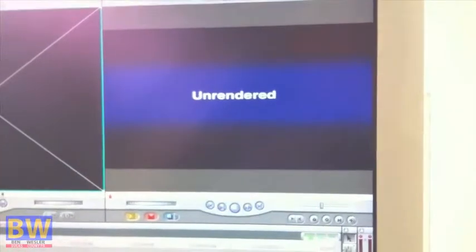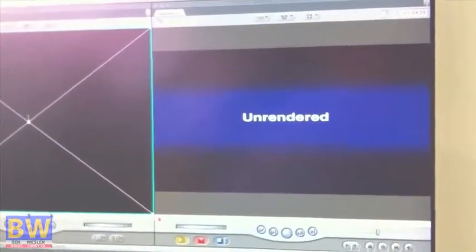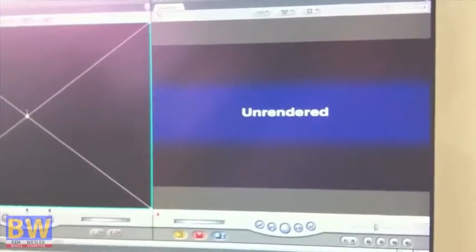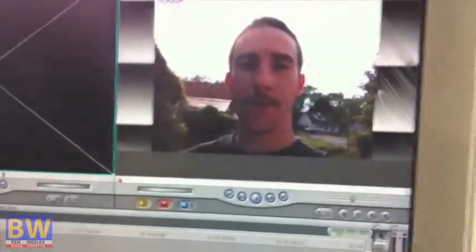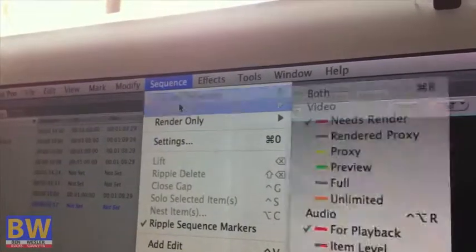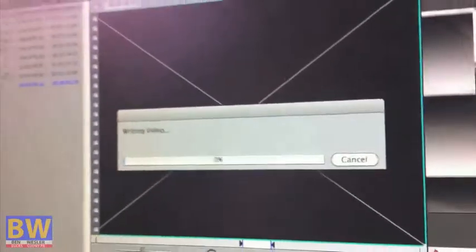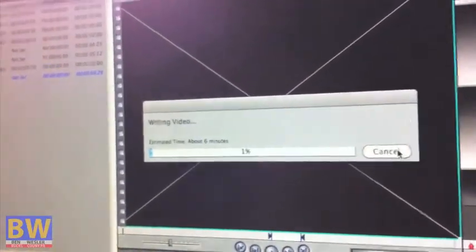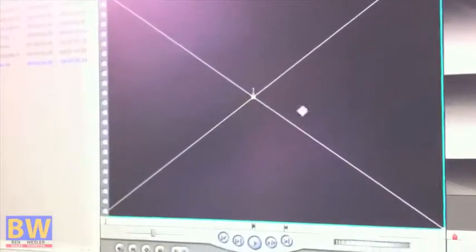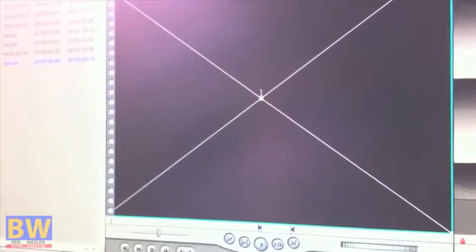Alright, so how do we render? Well, if I were to play it right now, watch what happens. You get the beeping, and you get the video saying it's unrendered. So, every time you make a change, you gotta go to Sequence, Render All. But before you start rendering, best thing to do